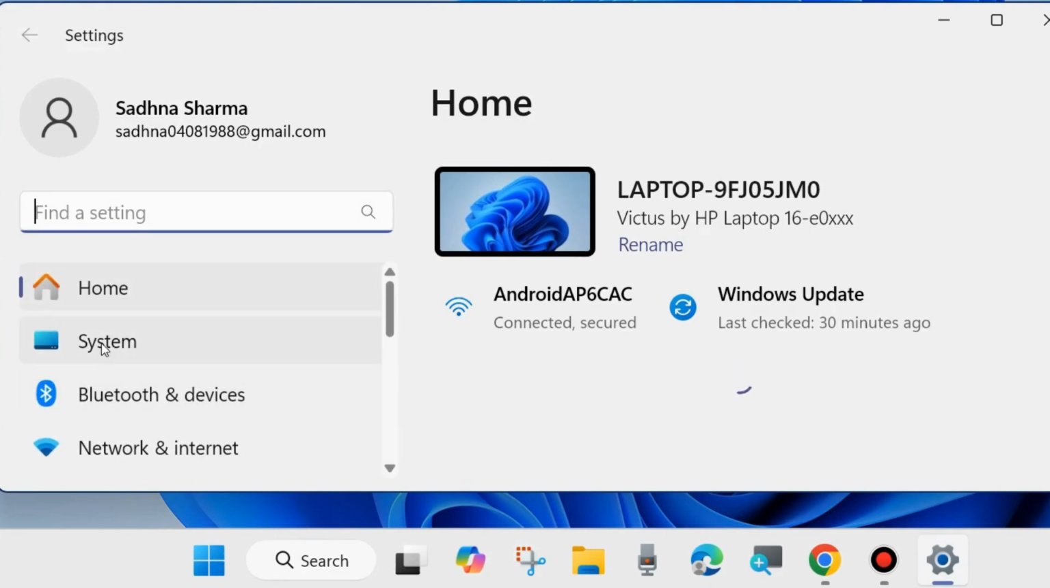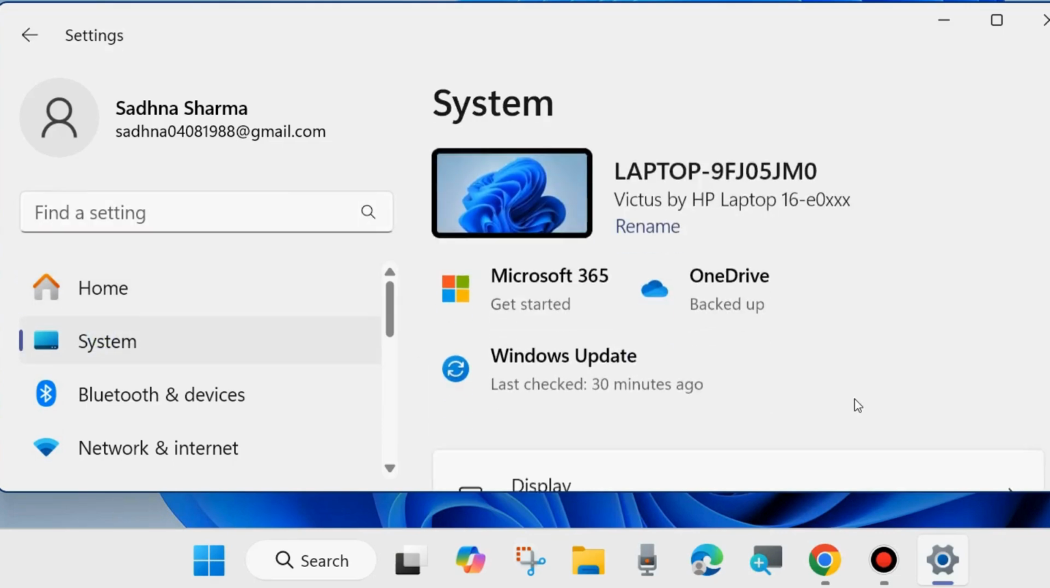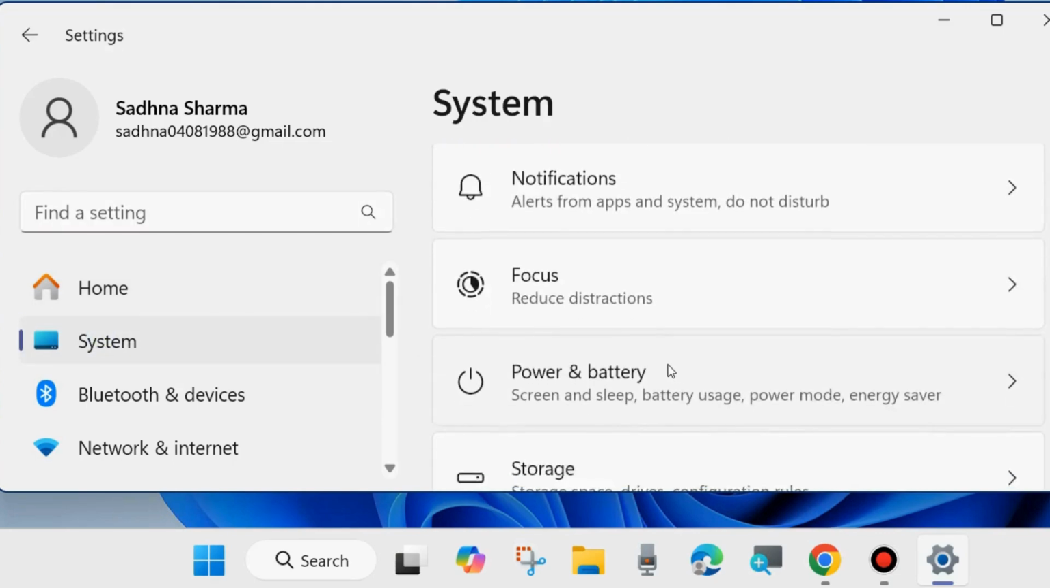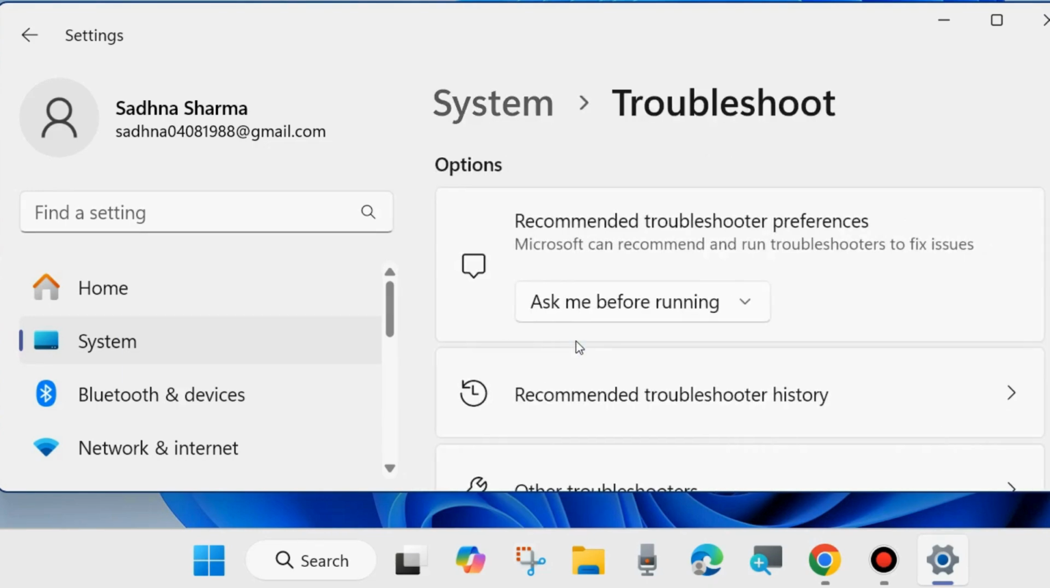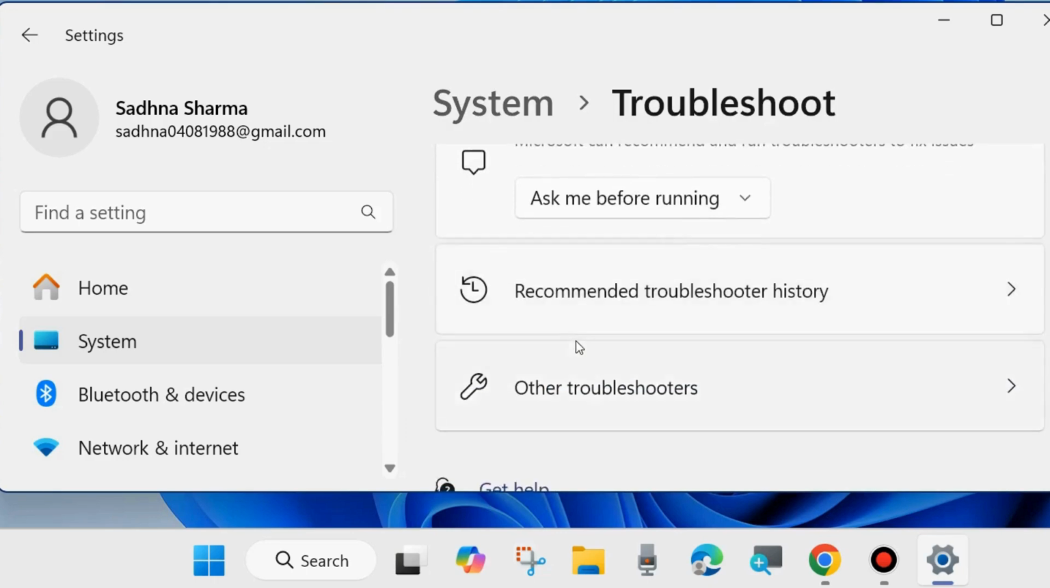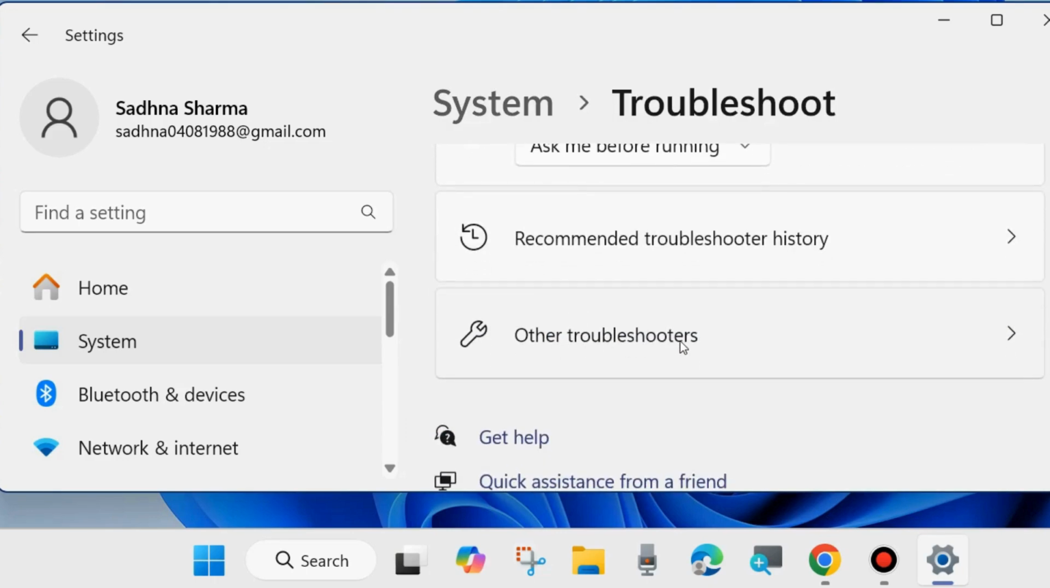Go to System from the left side, thereafter go to the right side and look for the option Troubleshoot. This is an inbuilt tool of Windows 11 and 10. You may apply it for any Windows related issues. Choose Other troubleshooters